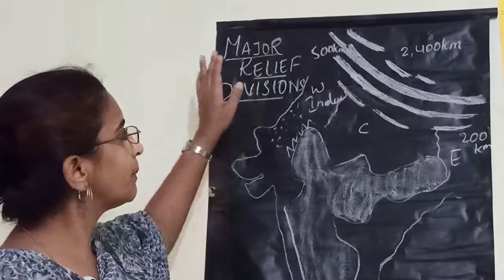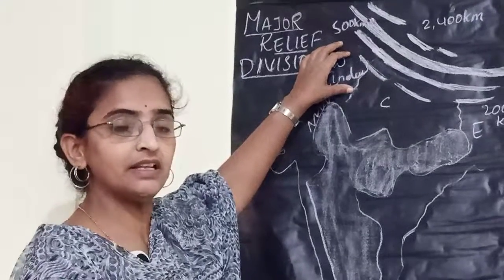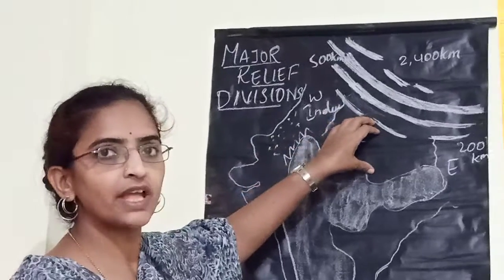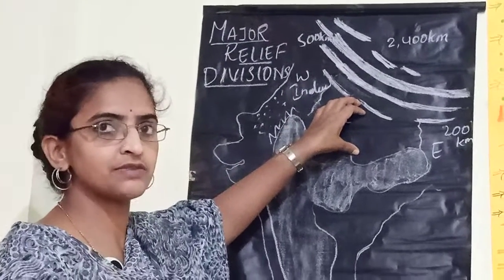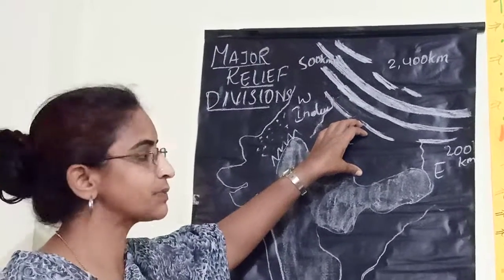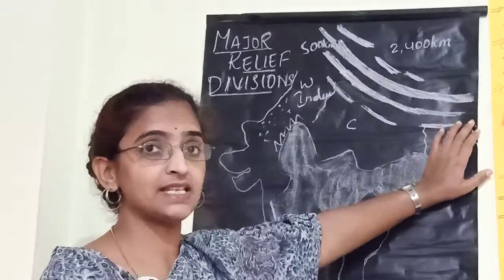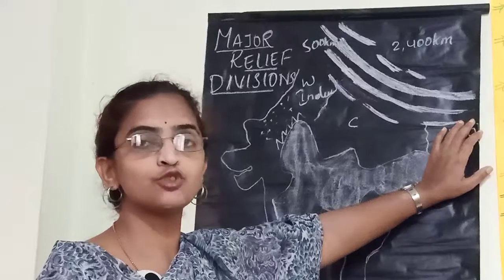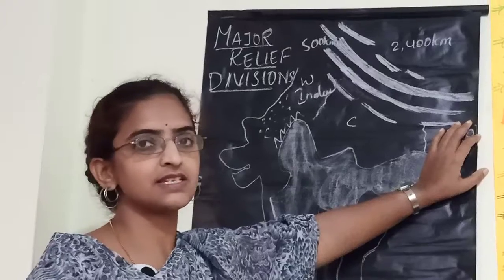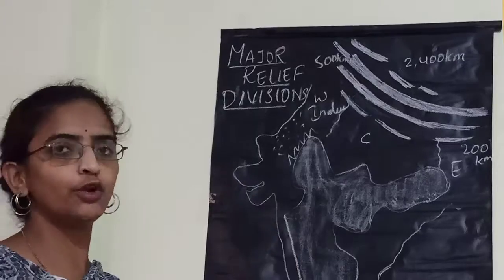Okay, so overall Punjab has a great influence of this river Indus and is very fertile for cultivation, and the central part of the Indo-Gangetic plain has very fertile lands found in Uttar Pradesh and the extension towards West Bengal as well as Bihar, and the eastern part of the Indo-Gangetic plain, that is northern plains, has the influence of river Brahmaputra, making Assam and the nearby states fertile with good alluvial deposits. So this is all about the Indo-Gangetic plain.